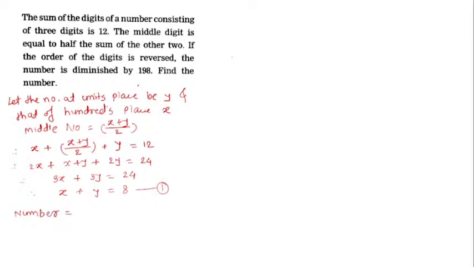या 3 प्लेसचे 3 डिजिट्स आपल्याकडे आहेत. युनिट प्लेसला y आहे, टेन्स प्लेसला (x प्लस y) डिवायडेड बाय 2 आहे आणि हंड्रेड्स प्लेसला x आहे. तर तो नंबर आपण कसा मिळवतो तर हंड्रेड्स प्लेसला आपण 100 ने मल्टिप्लाय करतो, दॅट इज 100 इंटू x, प्लस टेन्स प्लेसचं जे डिजिट आहे त्याला आपण 10 ने मल्टिप्लाय करतो, सो 10 इंटू ब्रॅकेट x प्लस y डिवायडेड बाय 2. कारण टेन्स प्लेसचे डिजिट म्हणजेच मिडल टर्म जे आहे ते असणार आहे, प्लस आणि युनिट प्लेसला 1